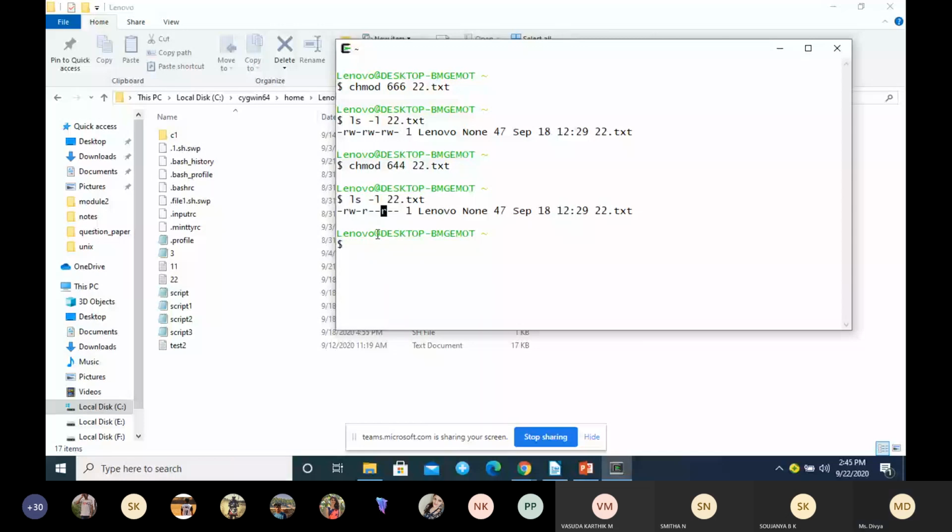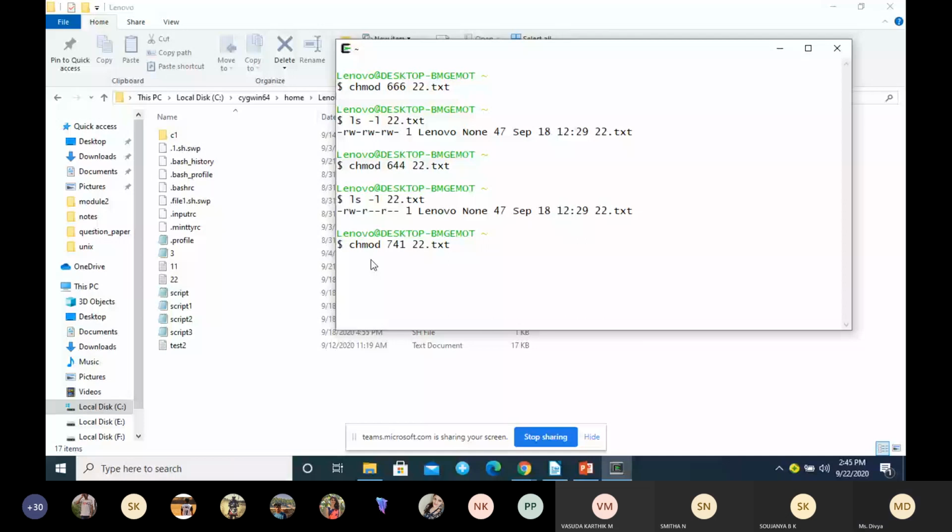Okay. Two more examples. 741. 7 is for what? 7 means read, write, and execute. 4 is read only.